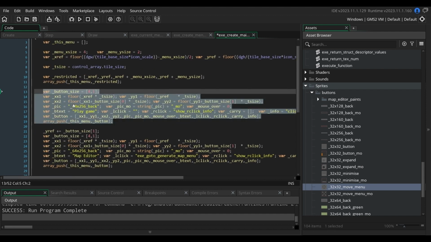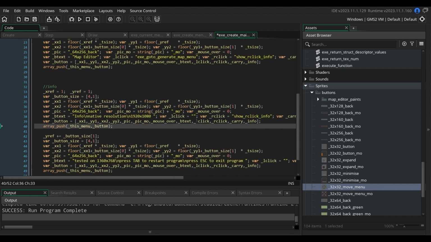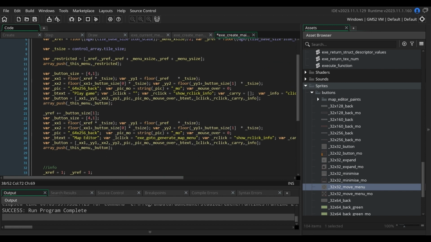And all the buttons are copy, paste, and changing values. For example, those buttons have no function at all. They don't do anything, because this one also doesn't have. But this one I'm using now